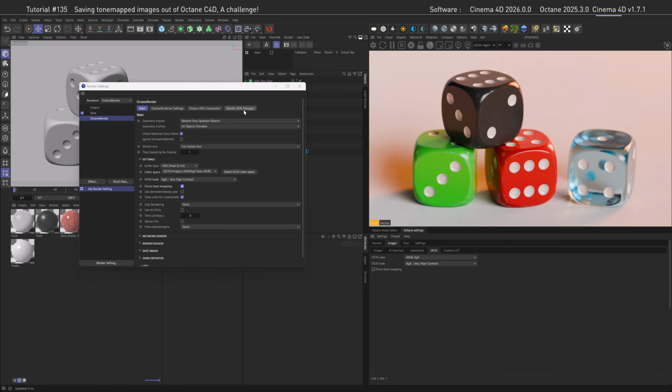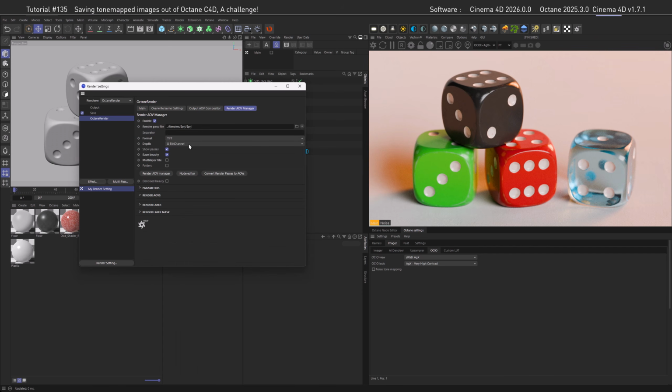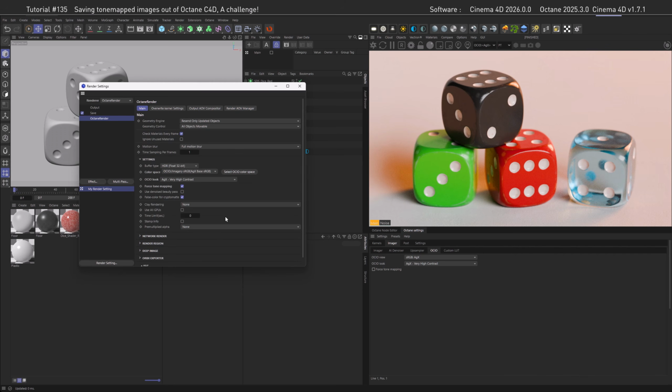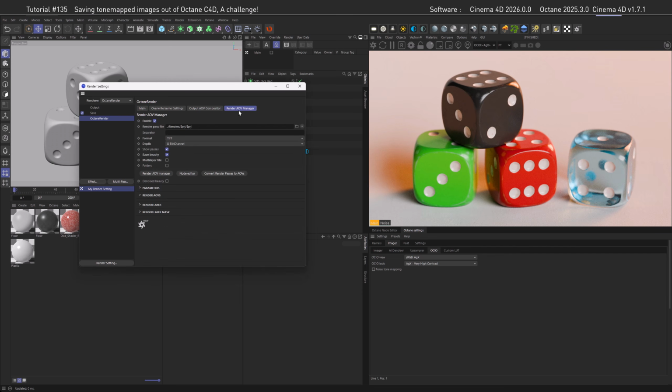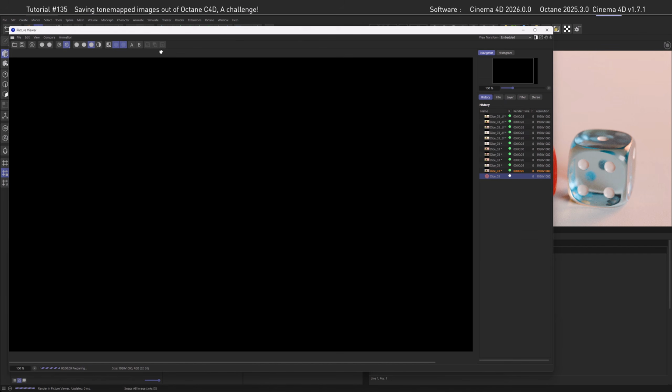And of course, this can't be as easy as just rendering this out with these settings and it just working. By the way, if someone knows what this force tone mapping setting here is doing, please let me know because I couldn't figure it out. Anyway, back to topic. So the only working solution I have found was to go back to the render AOV manager and set the format from TIFF to PNG, because this seems to be the only one that retains the gamma correctly. Again, let's have a render and don't trust the picture viewer,